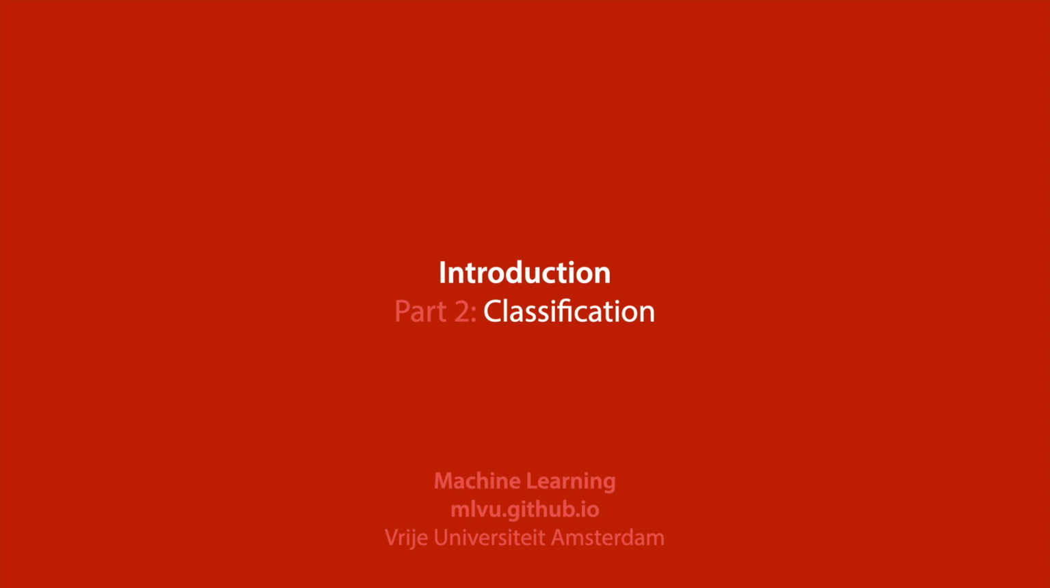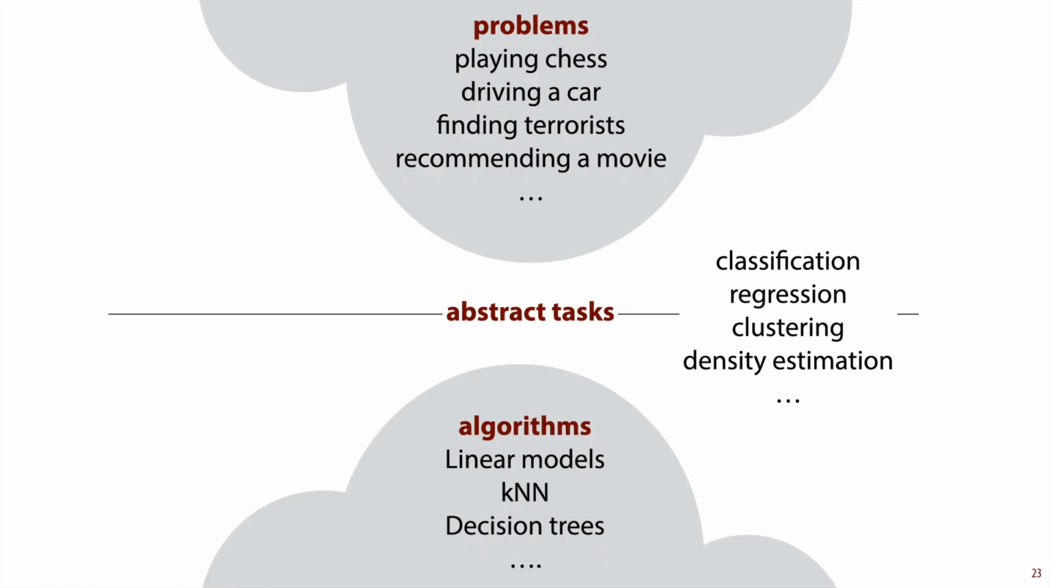In this video, we'll look more closely at the abstract problem of classification. In the previous video, we saw some examples of problems where machine learning can be used to solve them. And we also noted that we don't want to develop separate machine learning solutions for each and every one of them. To avoid doing that, we translate the problems to abstract tasks with names like classification and regression, and then we develop algorithms for those abstract tasks. In this video, we'll see what that looks like in practice, and we'll focus primarily on the abstract task of